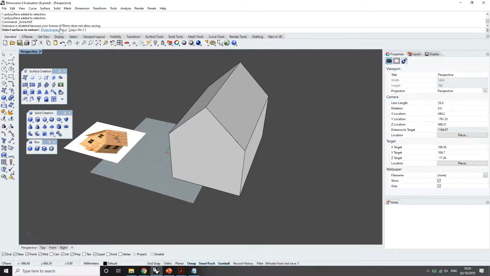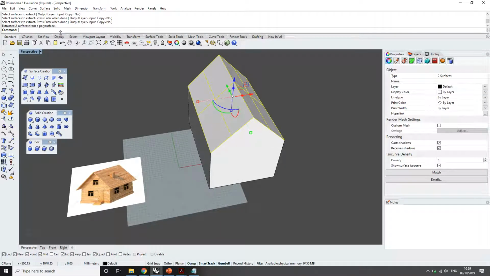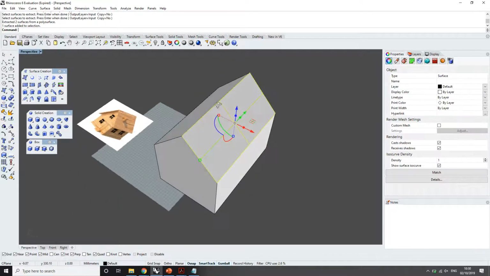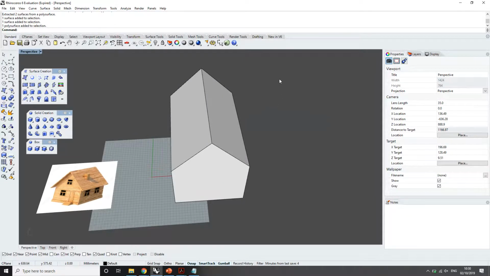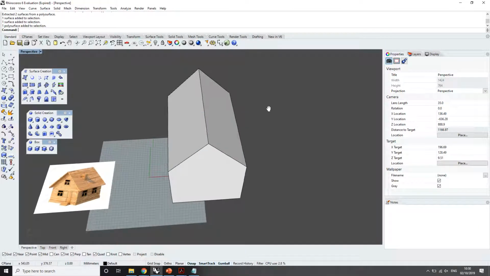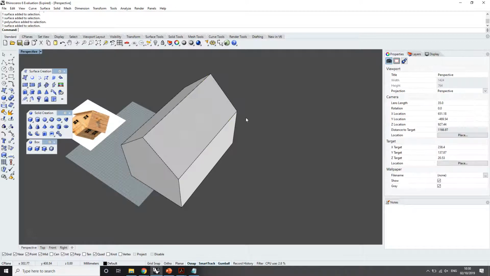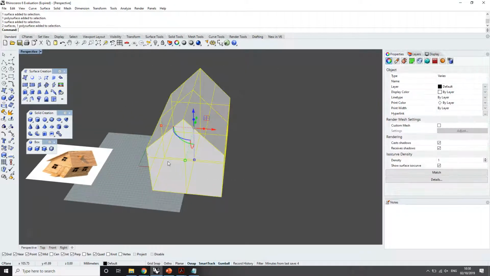It's asking me to select surfaces to extract. So that's one, that's two, and then press enter when done. And that's it. So now these two surfaces have been detached from that initial box that we had. If you want to go back and put it back with the rest of the geometry, if you select all the objects and type in join, not John, join,